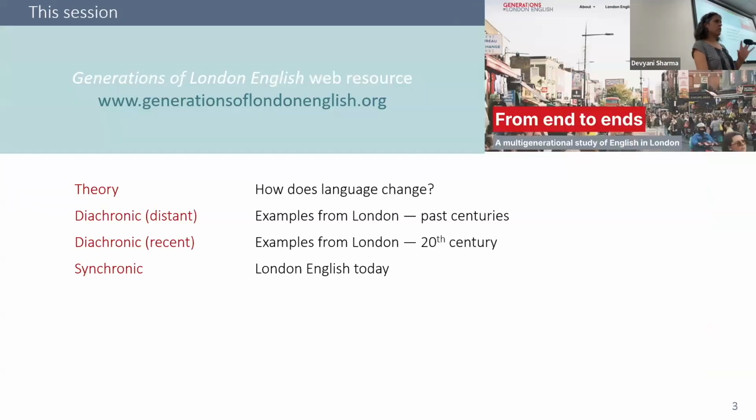And the website that we developed is quite detailed. It's not intended just as a project website that tells you what we're doing. The 3 goals we had when we were developing the website were, first of all, to talk a little bit in general terms about theoretical ideas about language change. So not too much detail, but a kind of scaffolding for how we look at London speech today, also how we look at the city or a city like London over time. So one component is what I've called theory, but just thinking about language change in a productive way.